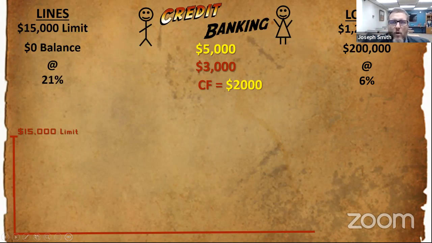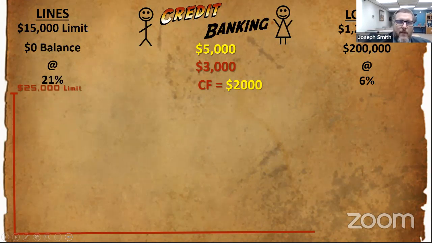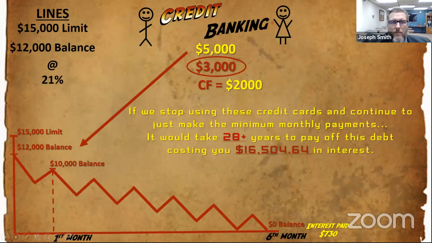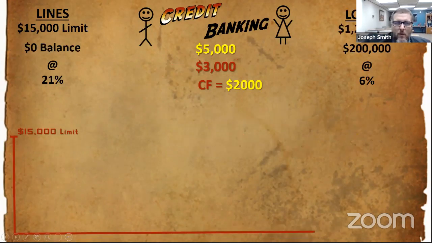There are rules to how we do things with credit banking. There are a lot of things, but I want to tell you, first and foremost, you have to have debt, you have to have income, and you've got to have a line of credit. And then once we have that, we can start implementing the strategy. But if you look back here, when we did this successfully over 6 months, what can happen?